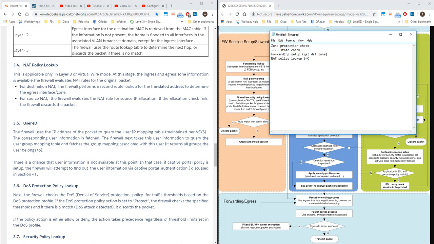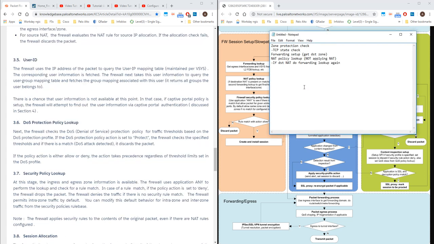Remember, we're not applying NAT, just doing a lookup. And if there's a destination NAT, do forwarding lookup again. Next, we're going to do user ID, DoS protection check, policy lookup, and now we're at